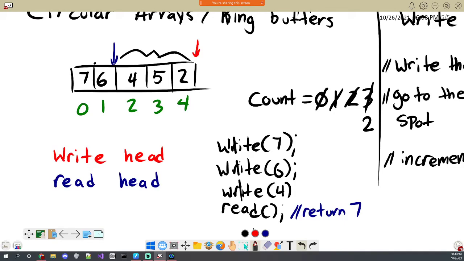The next place we want to write is going to be outside of the bounds of the array. It's going to be over here. So the way we do this, and the reason why we call it a circular array or a ring buffer, is that we want it to wrap around back to the beginning. So the next write we want to do is actually going to be here. Let's say I go ahead and write the number 9. It's going to overwrite that 7 and basically just update the write head. It's going to move it to the beginning again.